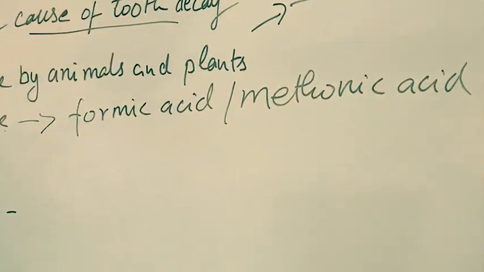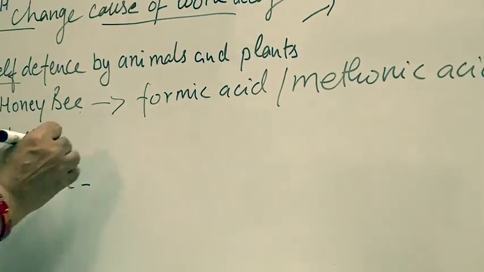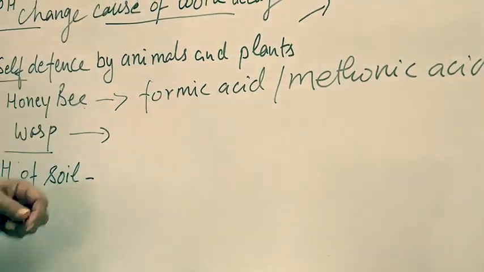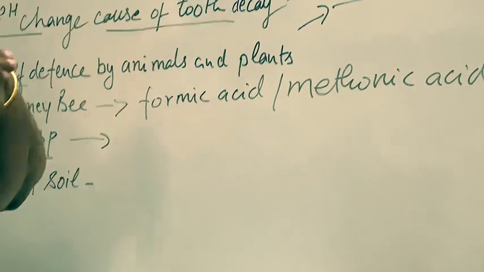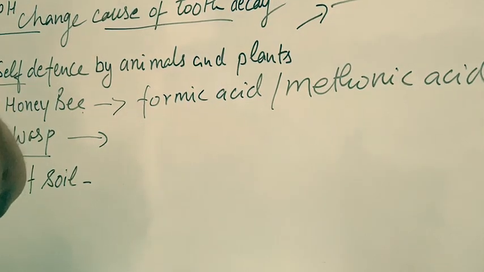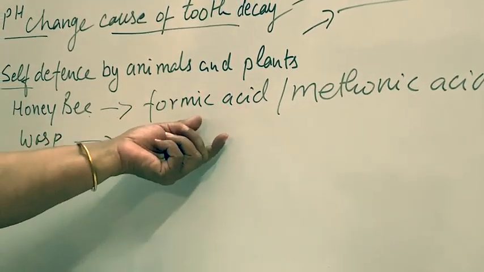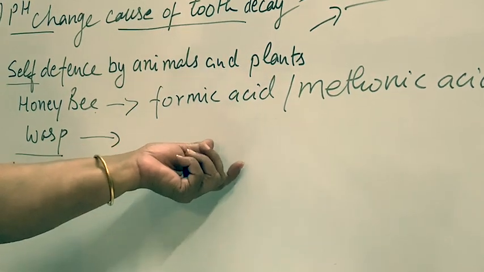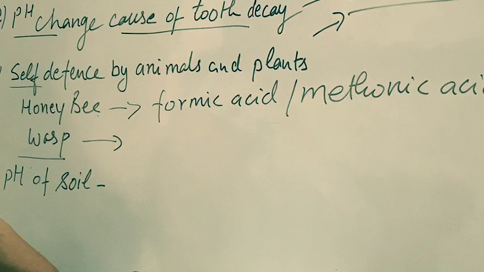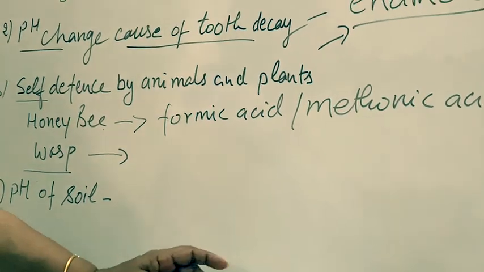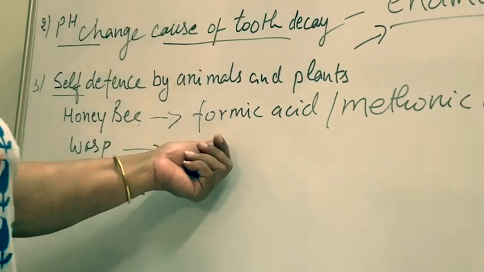This is actually a self-defense by the honeybee or the wasp. Any such insect will immediately sting you and release a small amount of acid in our body. The skin swells up, causing a lot of irritation, and we feel pain. The solution is to immediately rub on any basic substance. You can take baking soda or toothpaste or anything which is basic in nature. It will relieve you from that pain.